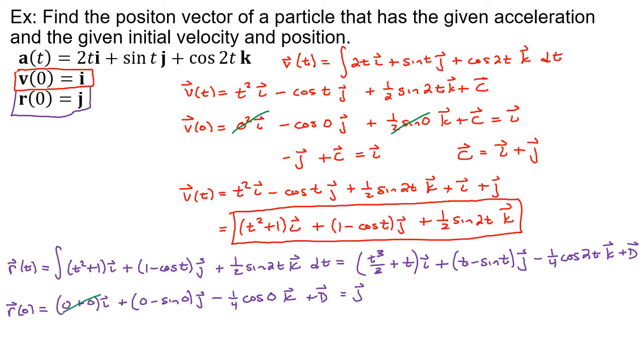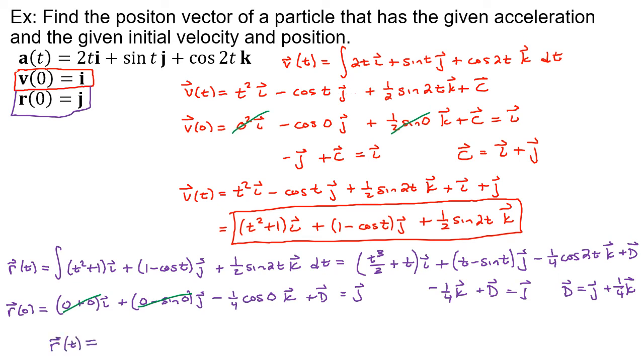Well, all of these zeros make all of this stuff go away, but cosine 0 is 1. So I'm left with a negative 1/4 times 1 k plus d equals j. So d must have been j plus 1/4 of a k. Plug that in, and because I'm about out of room, I'm going to go ahead and combine them all together